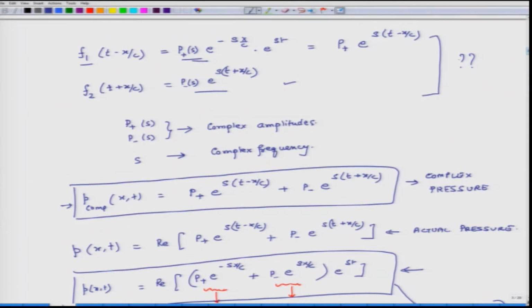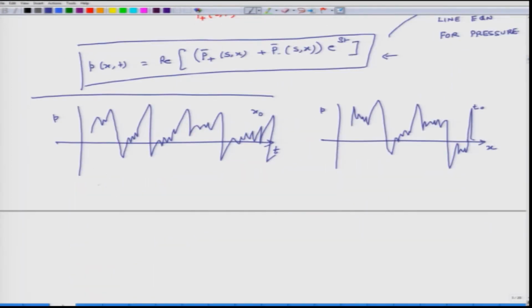But the reason we chose these functions is that advanced mathematics tells us that I can take any function of p which changes with respect to x and t,